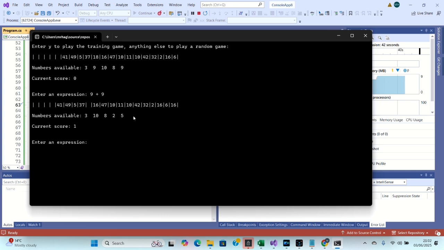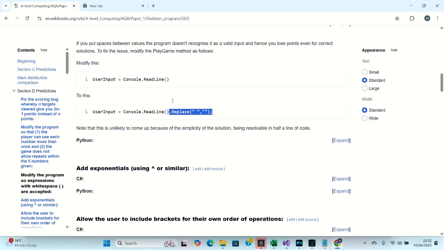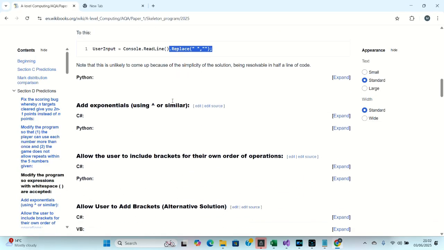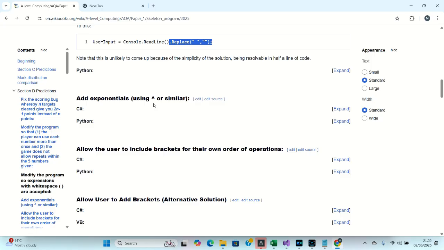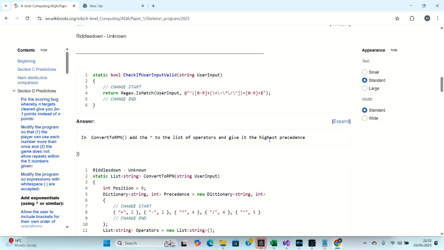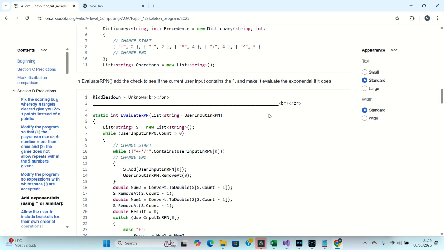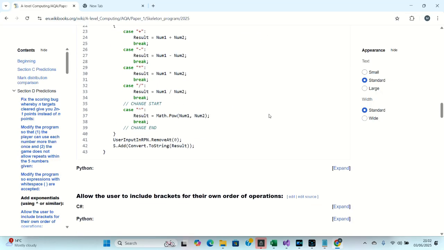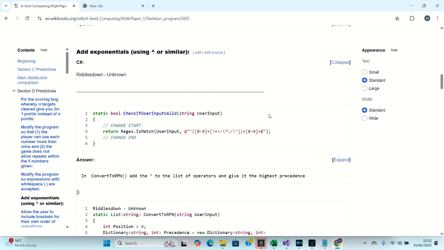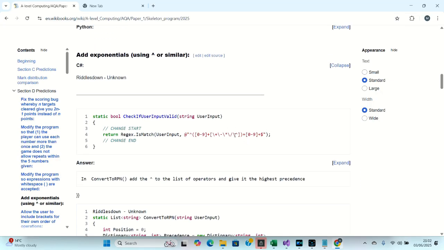Okay, let's exit that. Another quick and easy change: add exponentials to the code. So let's have a quick go at that one. The solution is just to change the program in 3 or 4 areas, actually. 4 areas. Obviously you could figure this out for yourself. We need to change the regular expression match to allow